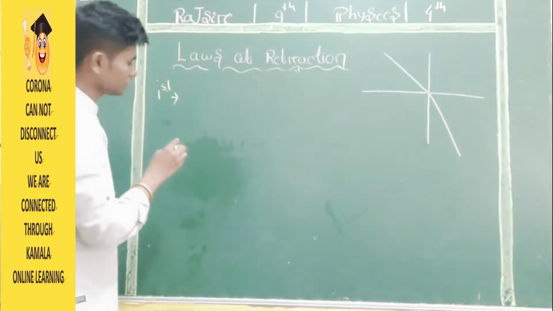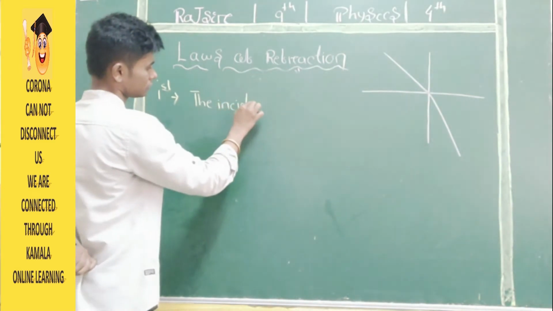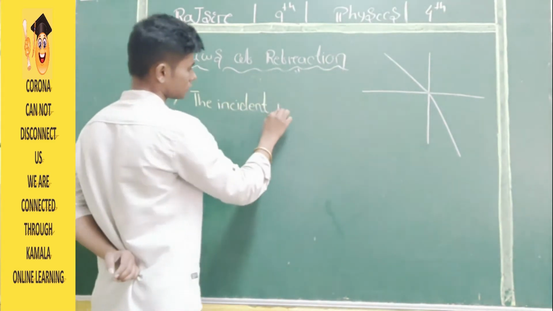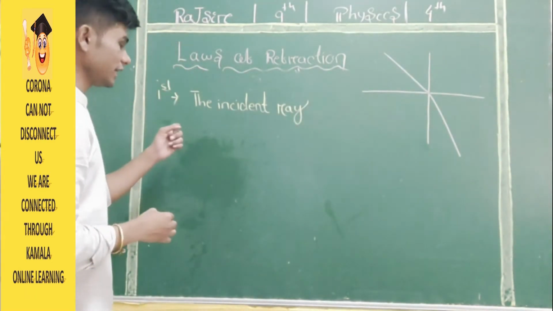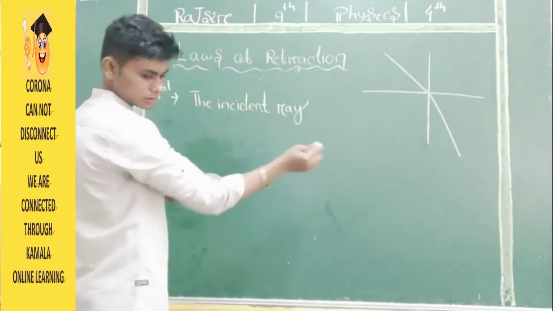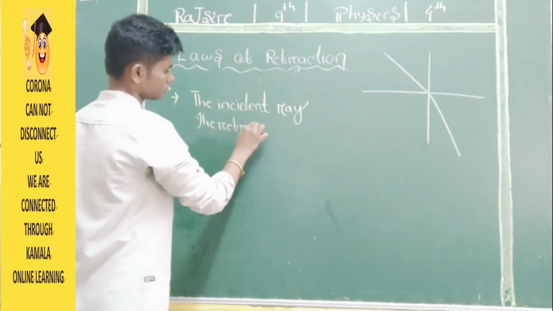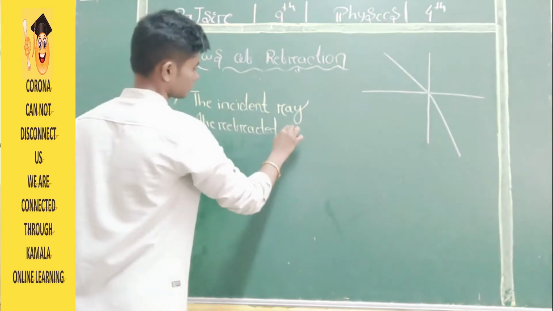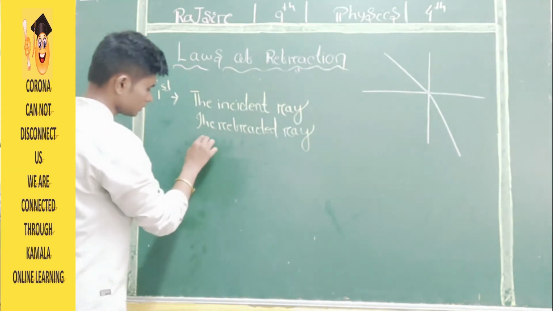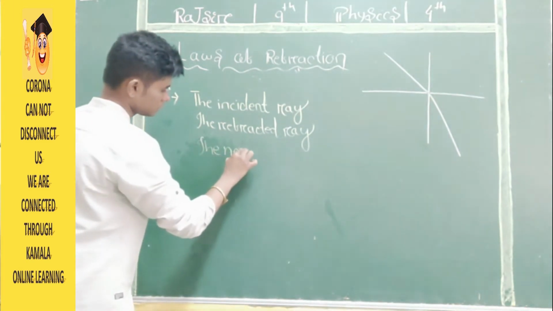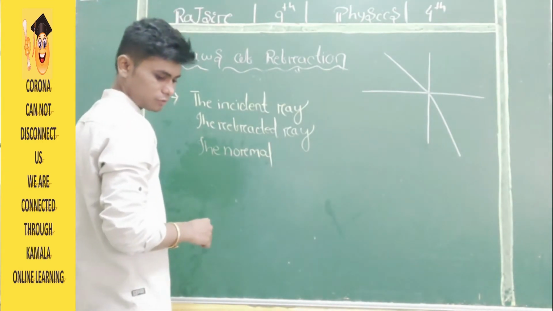The first law is saying that, let me make it easy for you, the incident ray, the refracted ray, and the normal to the interface, the normal through the interface of two transparent media,